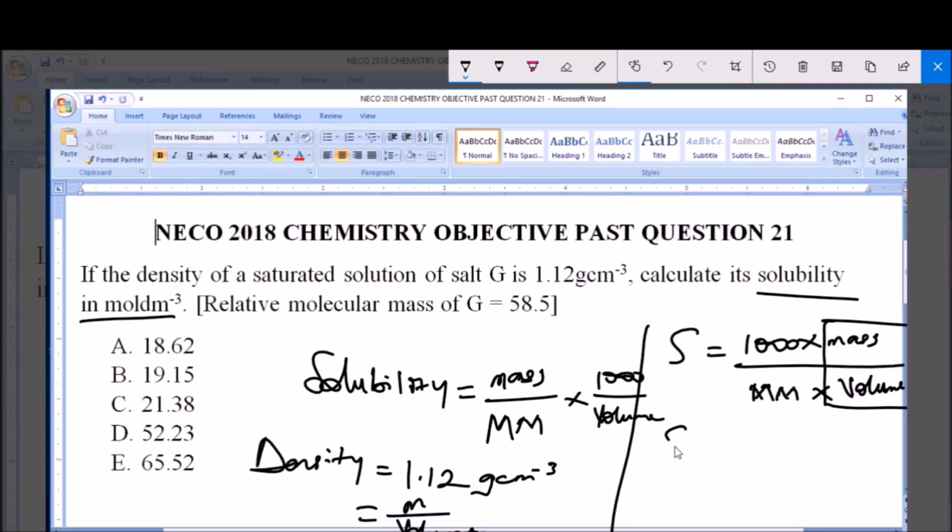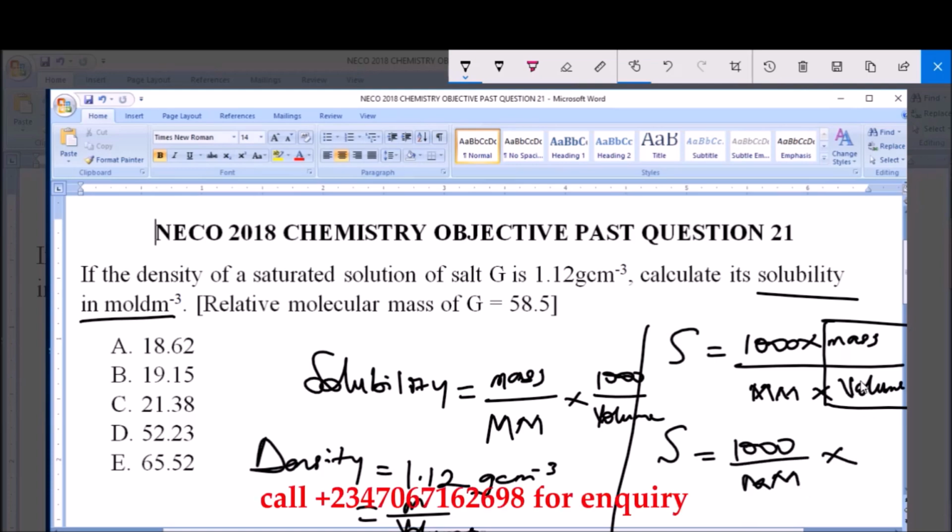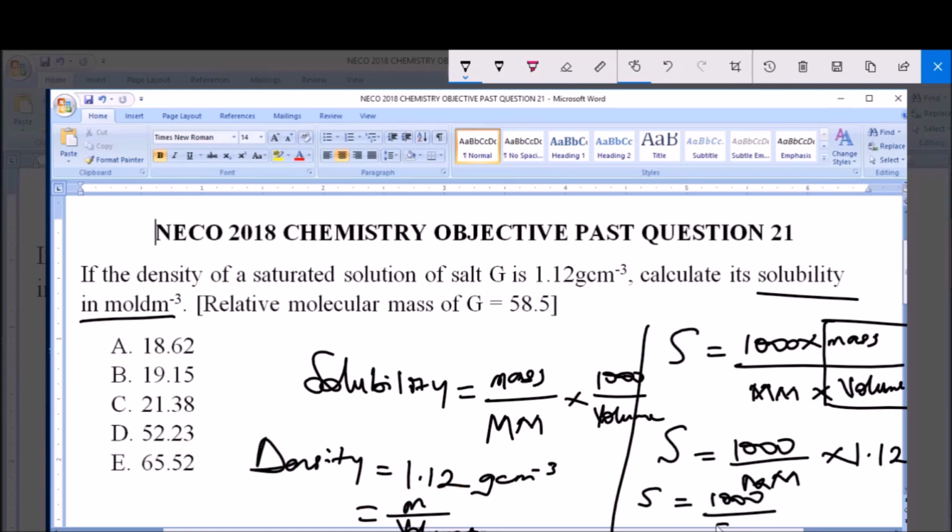So simply we'll say solubility S is equal to 1000 over the molar mass of this salt multiplied by its density, which is mass over volume, and that is 1.12. So S is equal to 1000 over the molar mass, which is 58.5, multiplied by 1.12, which is given to us as our density. When we carry out this arithmetic, 1000 over 58.5 multiplied by 1.12, we are going to be having